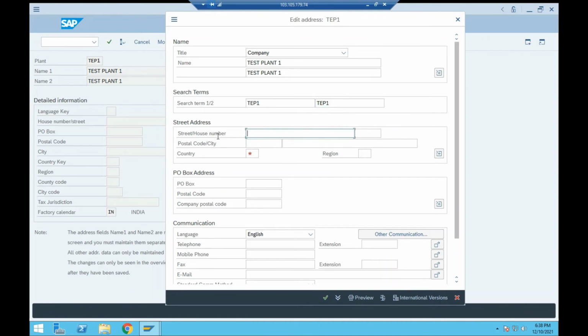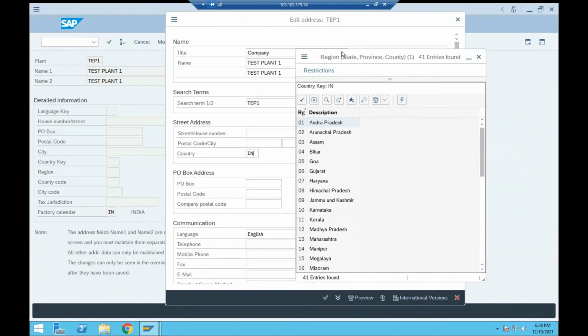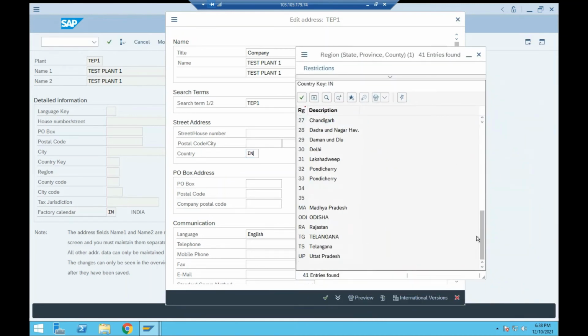Here under name, we give the same name. Under Name 1 and Name 2, we enter Test Plant 1 and Test Plant 1. For the search term, we use the plant code TEP1. We can use any other search term; it need not be TEP1. The mandatory fields are marked in red, so we need to fill those.